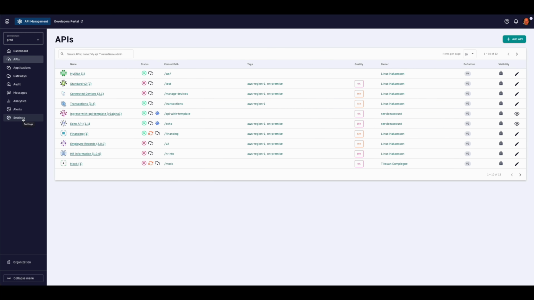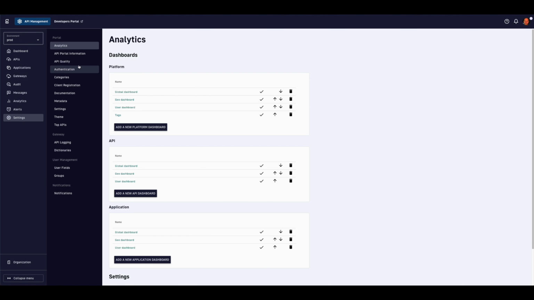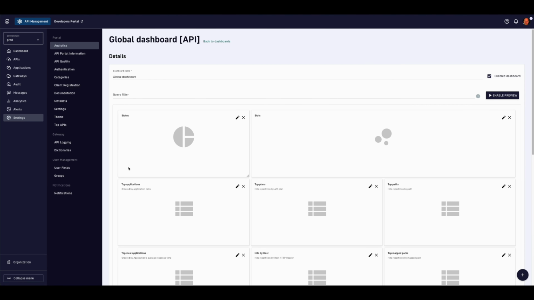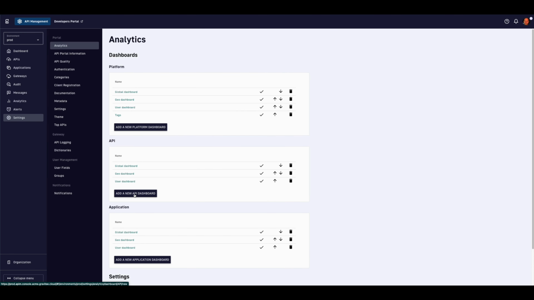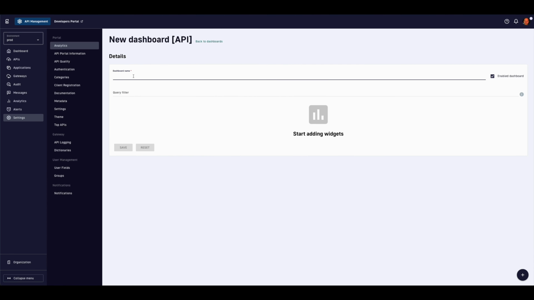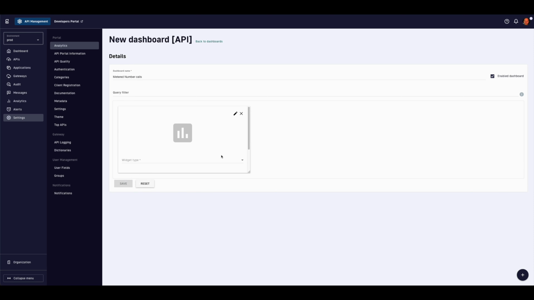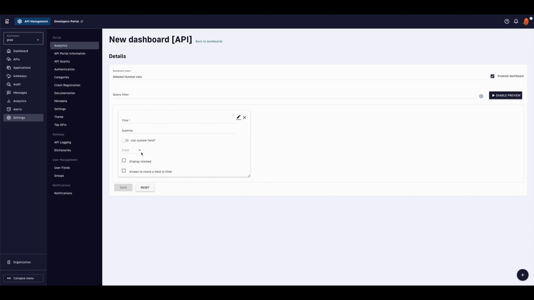So the next thing we want to do is create a custom analytics dashboard for our metered number call. Gravitee comes with a lot of out-of-the-box dashboards on different levels, but we're going to start creating a custom one specifically on the API level. For this particular dashboard, we want to take advantage of the custom metrics that the assign metric policy added for us in terms of that number length that is going to be the foundation for our analytics reports